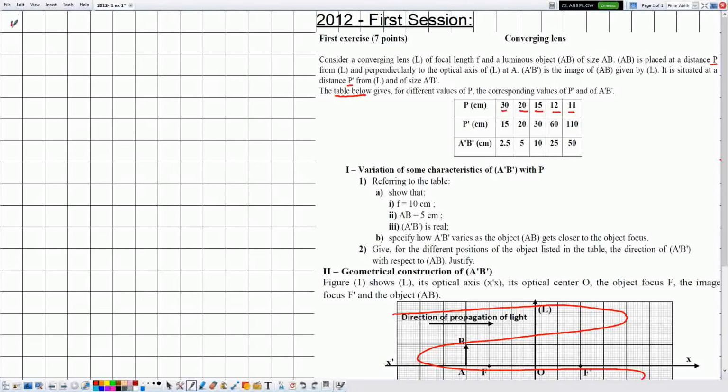Now part B. Specify how A prime B prime varies as the object AB gets closer to the object focus. Okay, when the object AB gets closer to the object focus, the distance P decreases. Let's say that as P decreases,